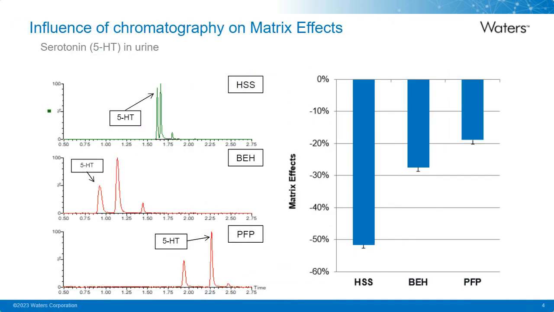A quick example of this is an assay where we were looking at serotonin, or 5-HT. If we look at the 3 chromatograms on the left with 3 different columns, HSS, a BEH, and a PFP, we say they all get pretty good separation, especially the last 2. If we look at the last 2, we would say they both be fine. We may as well take the BEH, but taking a look at the matrix effects associated with that, we see that in this case, the PFP column significantly reduced matrix effects, ion suppression compared to the other 2. So again, I just wanted to emphasize that when we're looking to control things like matrix effects that we'll talk about later, if we have the selectivity, column selection can be a tool as well.